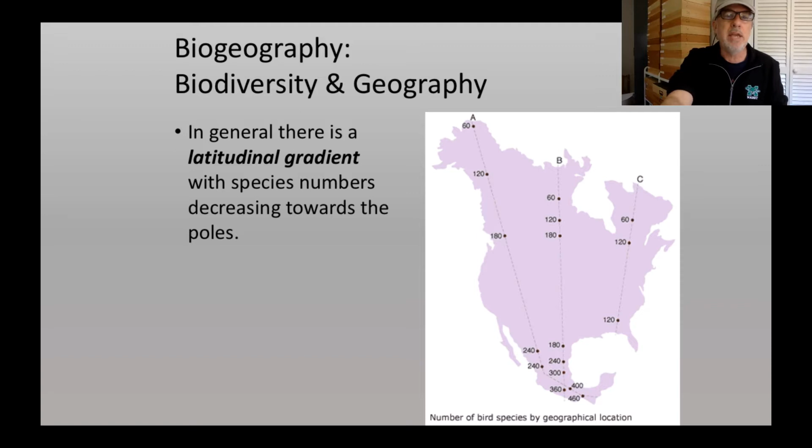Well, one is that for most organisms, there is a latitudinal gradient in which species numbers decrease as you go away from the equator. And here is the number of nesting birds by latitude as you head north. And you can see it drops off from a very high number here, which is the beginning of the wet tropical forest in southern Mexico and northern Guatemala, to a very low number in the tundra above the Arctic Circle.